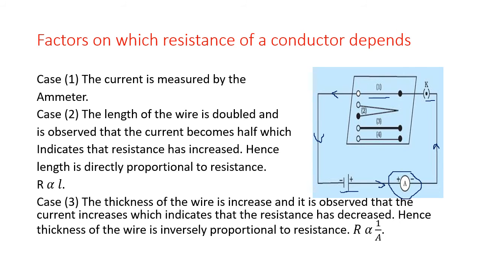For case number 2, you have to remove this wire number 1, and put this wire number 2. How do you put it? The black dot should come on the black dot, and the white dot should come over the white dot. Okay? Now what you can see in the diagram, the wire number 2 has got the same thickness